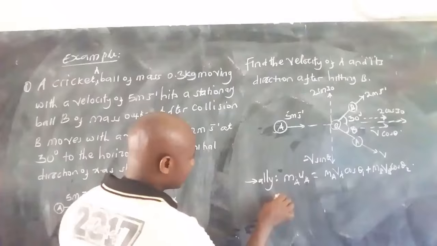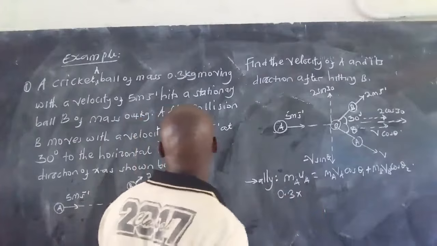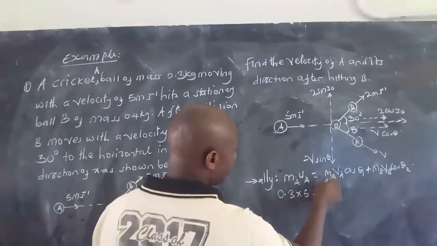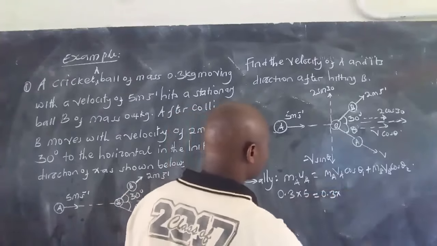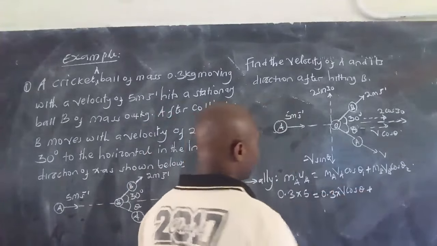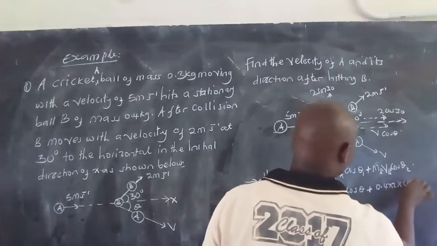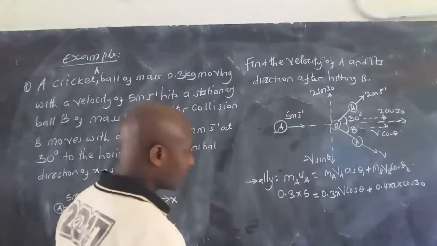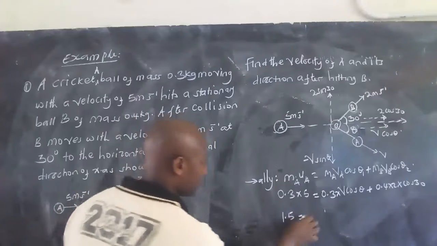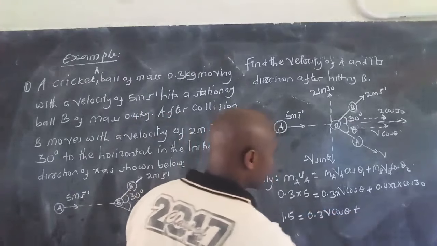So we substitute: 0.3 times the initial velocity of 5 is equal to 0.3 times V cos theta plus 0.4 times 2 times cos 30. So here we have 1.5 is equal to 0.3 V cos theta plus